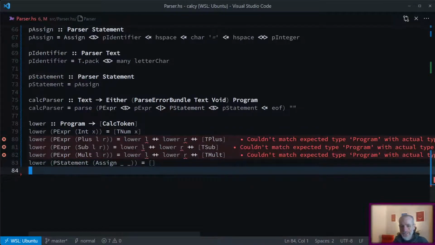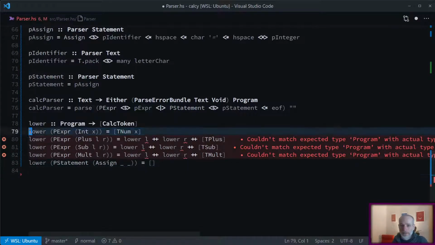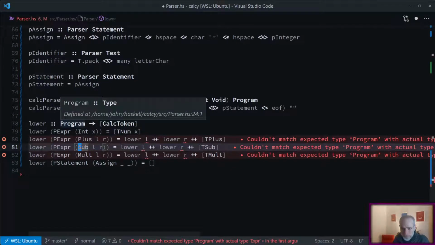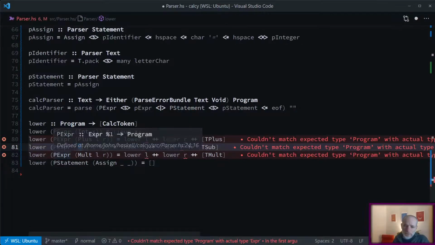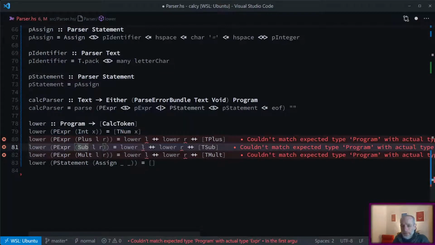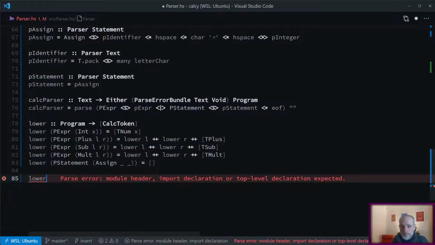So with that recap, I changed this function so that we match on program rather than matching on expression. And I thought I did it wrong, actually. I just naively thought, oh, we just match the program data constructor, and then we'll match the inner expression. But the problem is that this is recursive. So when it tries to lower the left-hand side of plus, this is an expression, but it's calling lower, which expects a program. So I think what I need to do is actually split this out and say lower expression,